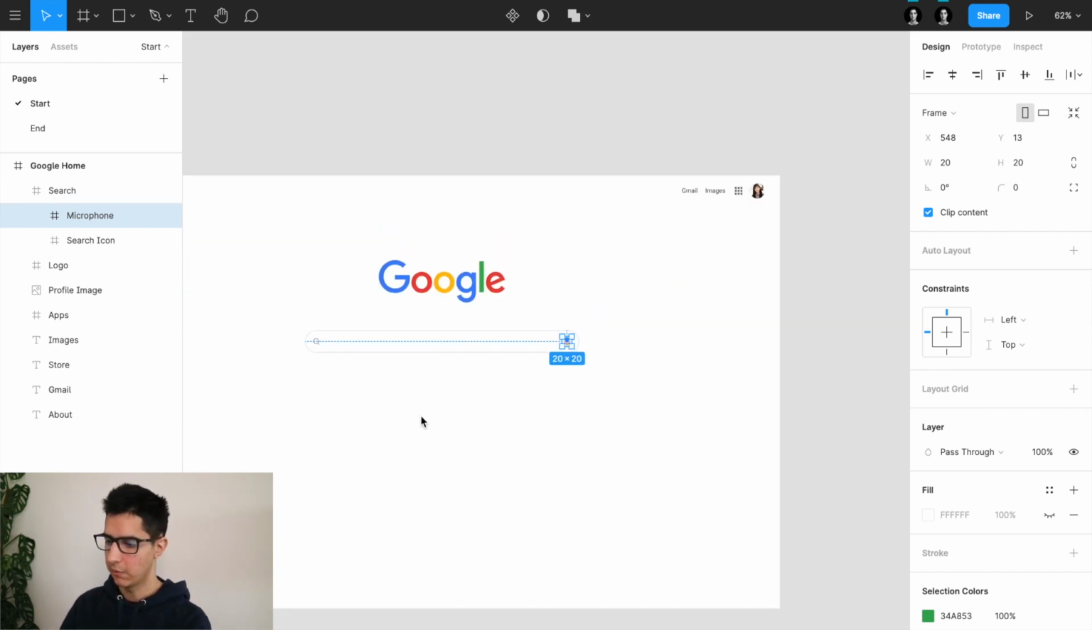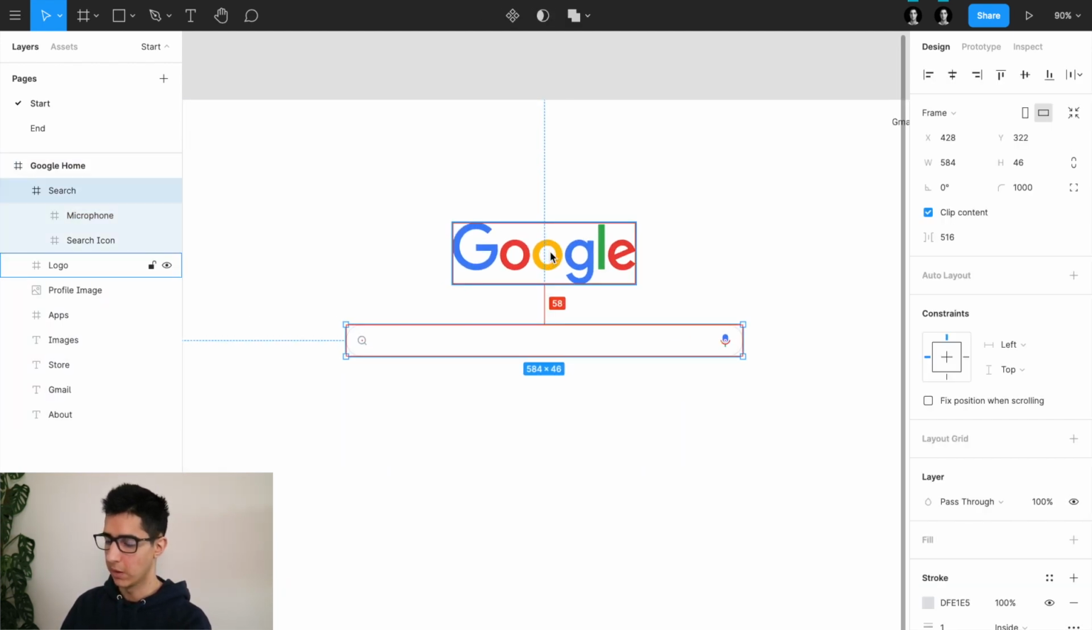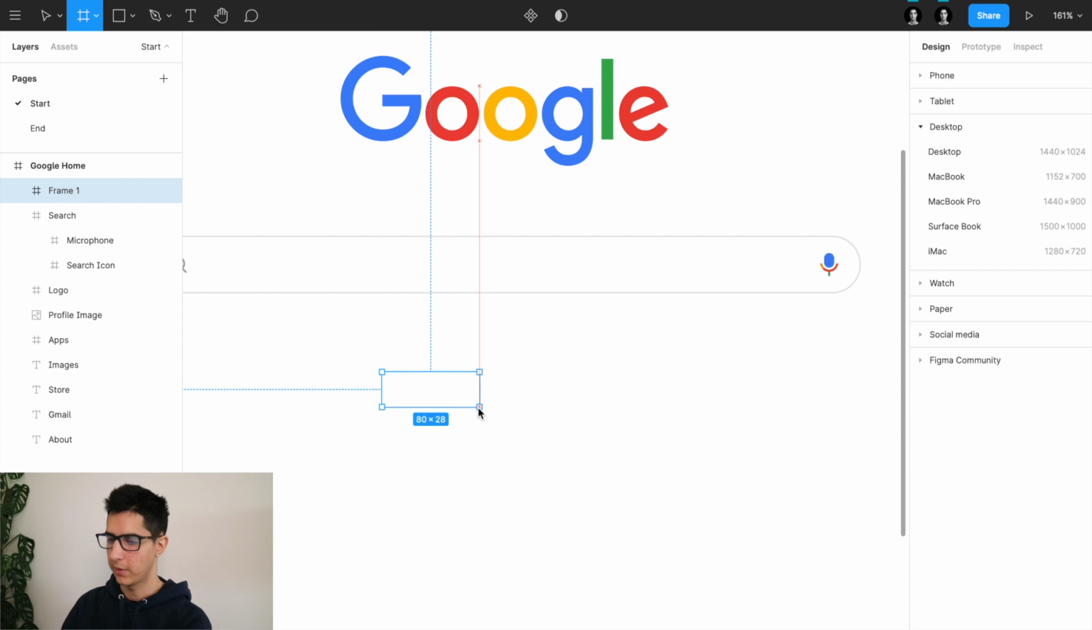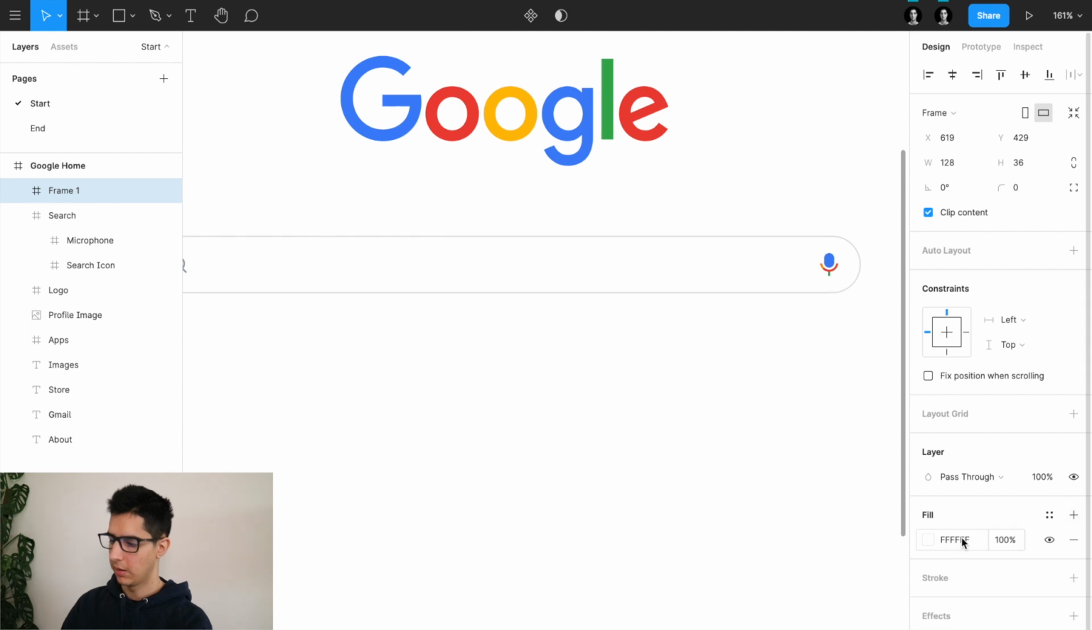So this is starting to feel quite Google-ish. So now we just have to make sure we continue to follow that 8-pixel grid. So instead of 58, we're going to do 56. And now the next thing we're going to do is those two buttons. Press my F to do a frame, and we're going to do 128. Let's just leave it there and then adjust the values manually here. 128 by 36. That's going to be one button, and we're going to fill this up in a light gray,